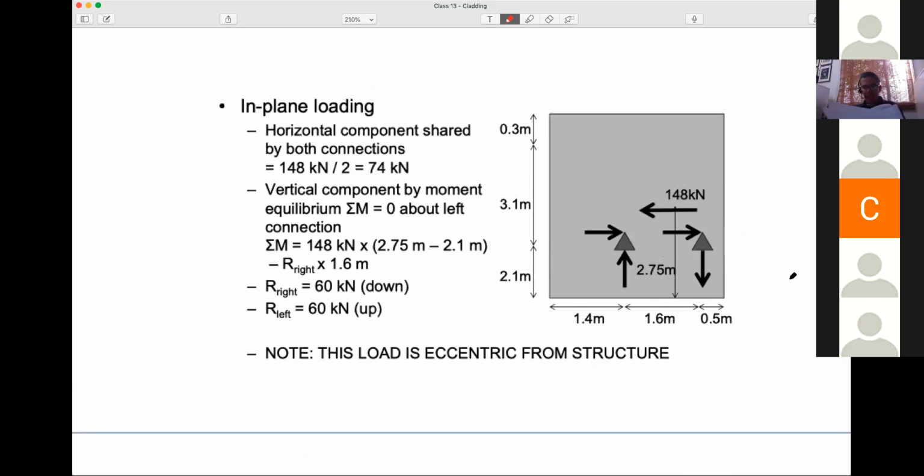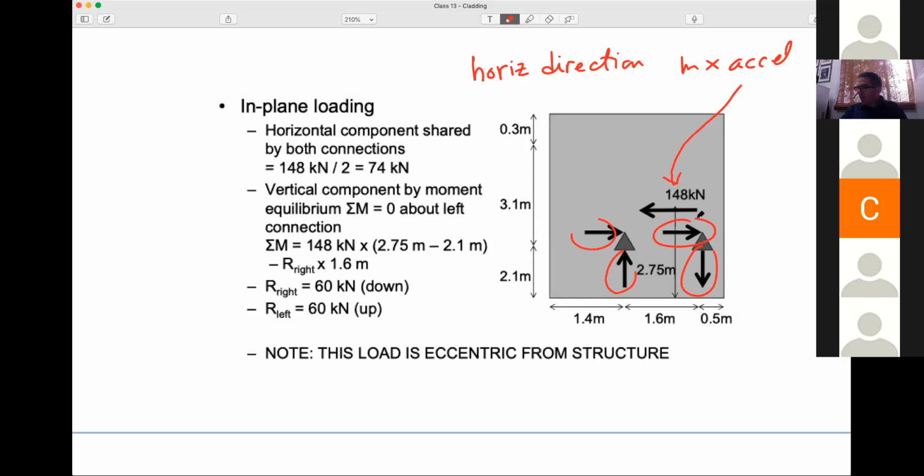So the in-plane loading. This would be, from that first picture, in the horizontal direction. So this again would be mass times acceleration that would be occurring there. And so we've now got reactions that we can solve for, both in the vertical direction and also in